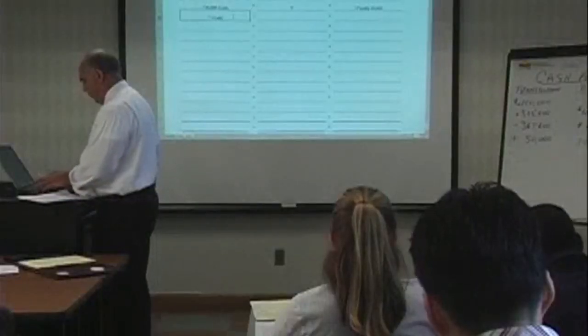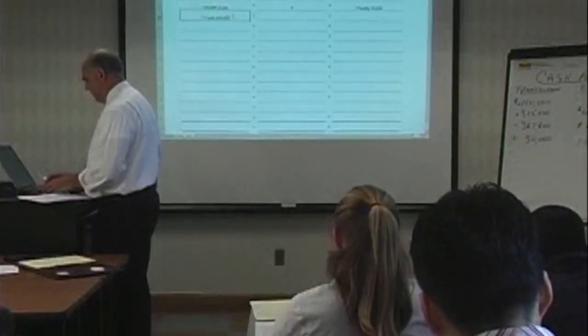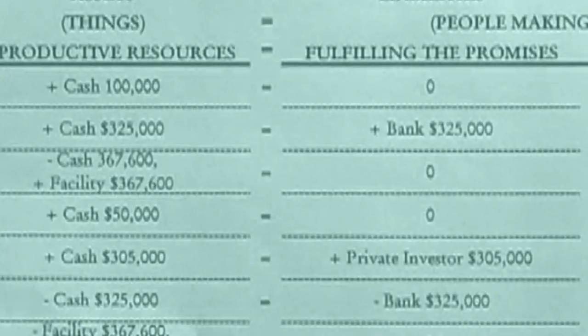So cash goes up in the amount of the mortgage, $305,000, and the offsetting entry for that is an increase to the liabilities in a like amount, $305,000. And at this point, the telephone's ringing. It's the banker. What do they want? Well,